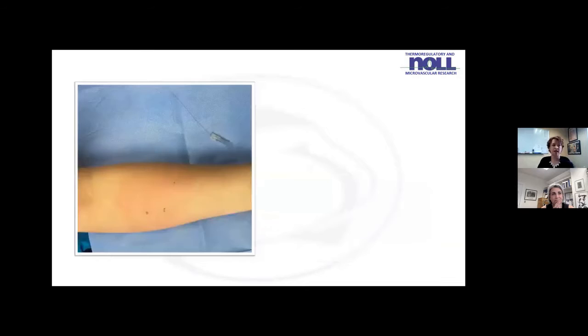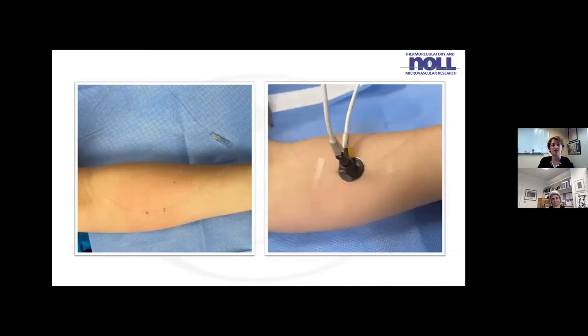You then pull that needle out of the skin, leaving that microdialysis probe right in place under the surface of the skin. And here, finally, you can see that the local heating element and that laser Doppler flow meter probe are placed right over the top of the microdialysis fiber. And again, we place up to 4 to 6 microdialysis probes at a time so that a site can serve as a positive control. We have our negative control, and then any sort of interventions or localized interventions that we're